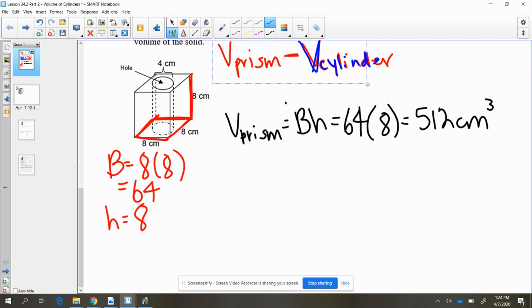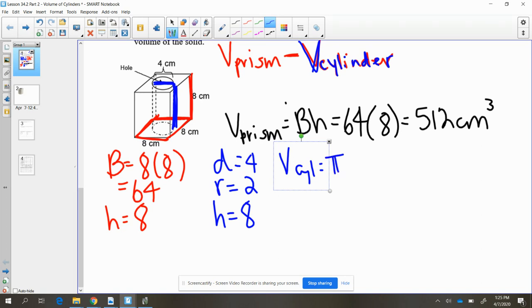Well, we also need to take into account the volume of this cylinder, which needs to be taken away from it. When we look at the cylinder, we have to be careful because they're telling us, kind of like example 2, that we have a diameter of 4, which means the radius is 2. And the overall height of this cylinder is the same as the height of our prism, so 8 centimeters. So when we're looking for the volume of the cylinder, pi times our radius squared times the height, if we just do the approximated value, so pi times 4 times 8, we get 100.5